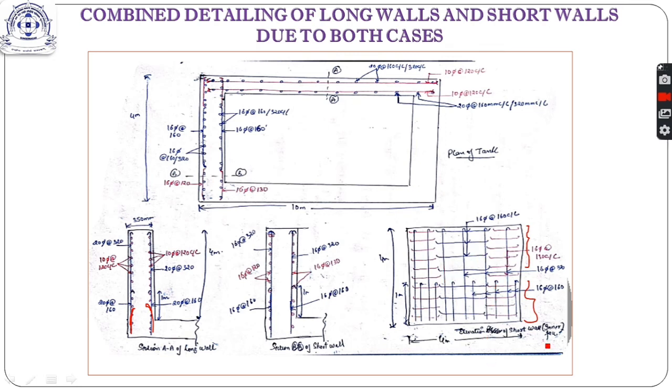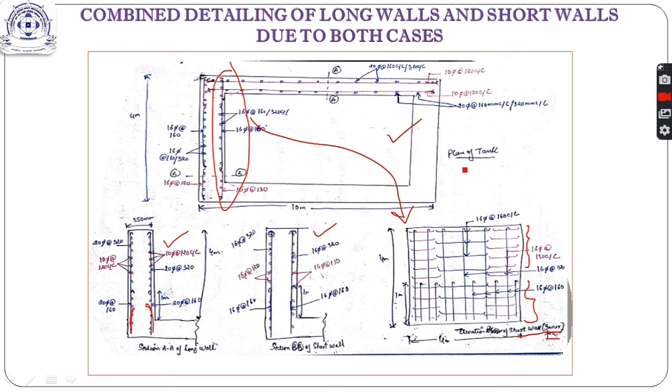I have drawn here the inner face of the short wall. This portion I have shown here, the plan of the elevation of this portion. Similarly you can make the elevation of the outer face also. Elevation is not much required in the detailing, it's for your clarity only, but whenever you are writing your paper you have to draw the plan and the L sections and the cross sections of your long wall and your short wall also. So this was the design of long wall and short walls in the underground tanks.